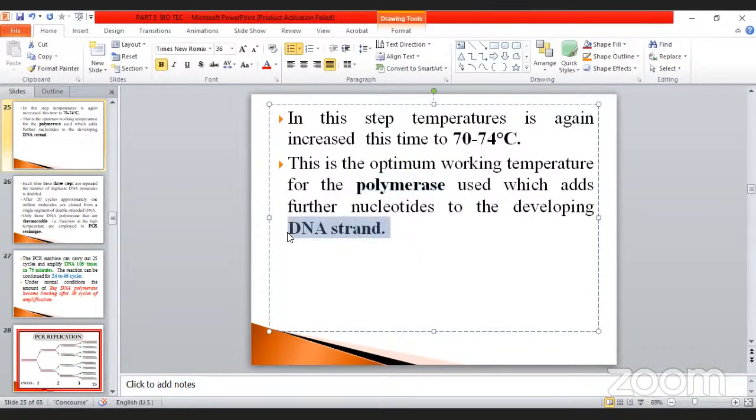This is an additional one. Suppose when we are adding the additional DNA molecule to the PCR technique, we should maintain the temperature up to the level of 70 to 74 degrees Celsius. That is very, very important, my dear. Okay, then